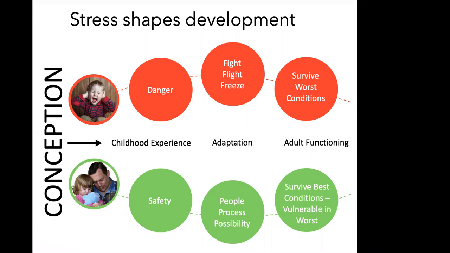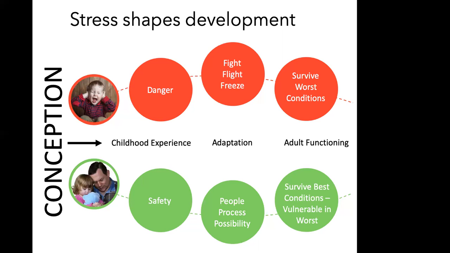So we know that stress shapes development. That's something we've all seen with the families we serve. But one thing we don't talk about often enough is that this doesn't just start after they leave the hospital with a newborn baby. This toxic stress can begin in utero at conception. The video talked about this a little bit when they mentioned epigenetics. So the conditions in which the child is in the womb affect the child when they're coming out of the womb.